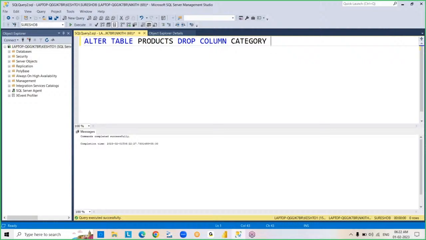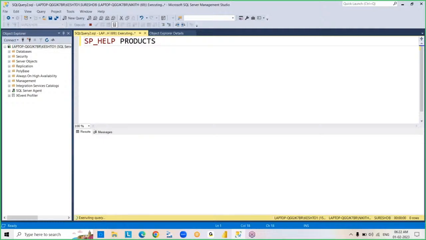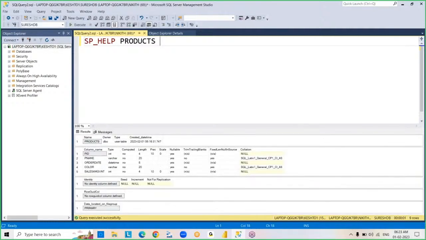Right? So by using the alter drop command, we dropped a column from the table. If you have any doubts, sp_help products. See this, there is no category column existing in the table. Okay, now